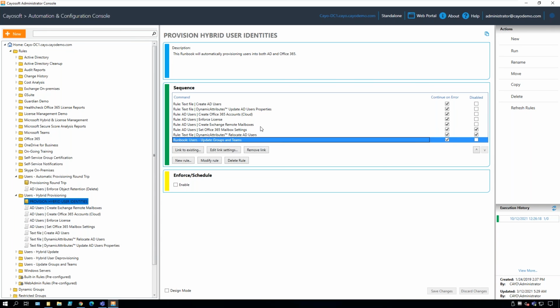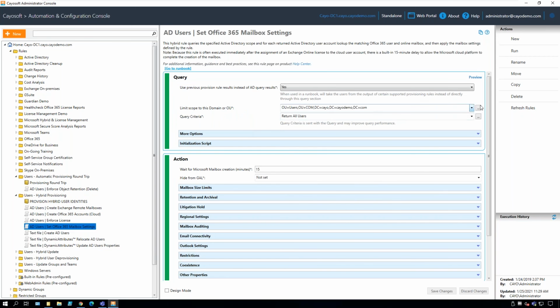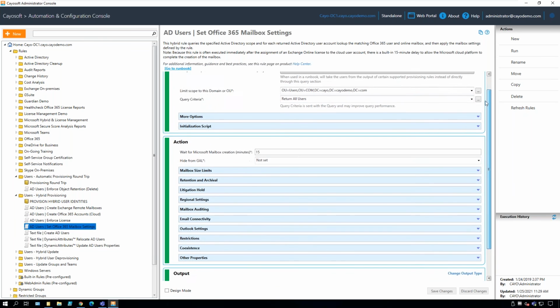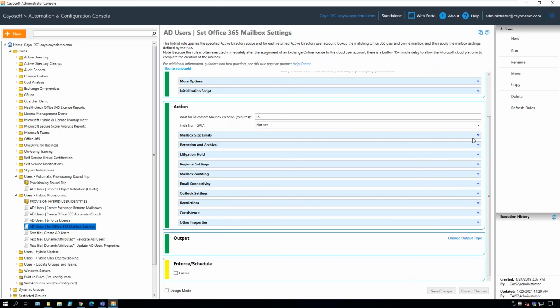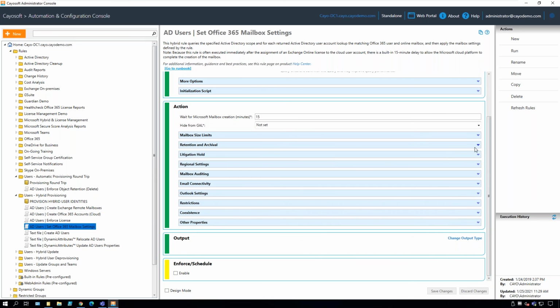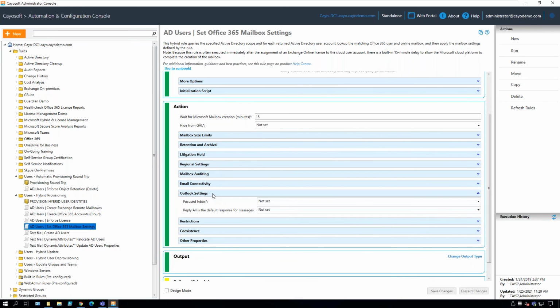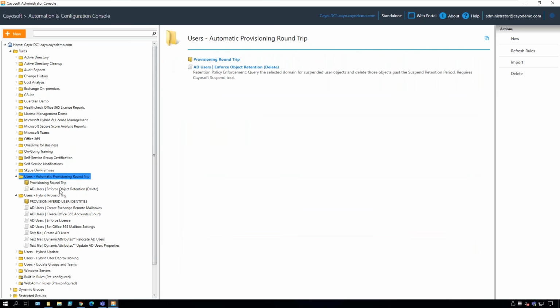Let's go in and just take a look, for example, at this mailbox settings rule to give you a sense of the level of detail that we do for these things. So here it is. This is what we call a rule. As I come down here, you'll see that whoever was created and falls within the scope of this rule, you can set the size limit if you're allowed, retention of the mail, litigation hold, legal hold, how the mailbox auditing is configured, email, the Outlook settings. We were talking about focused inbox or reply to all. I mentioned those earlier. So we give you everything you need to do those, including license assignment by Active Directory